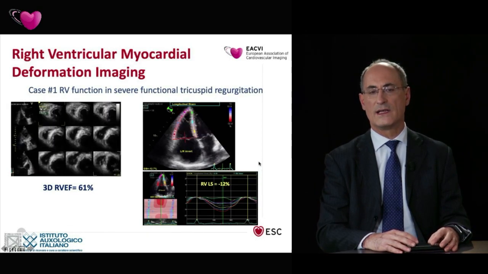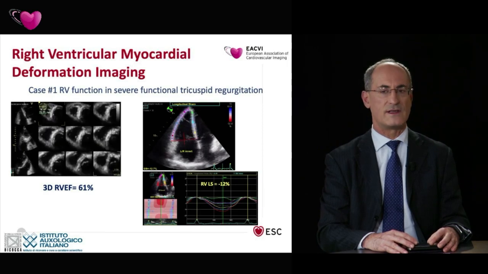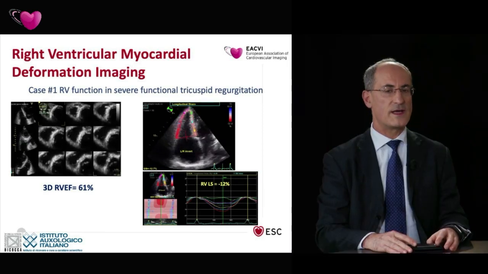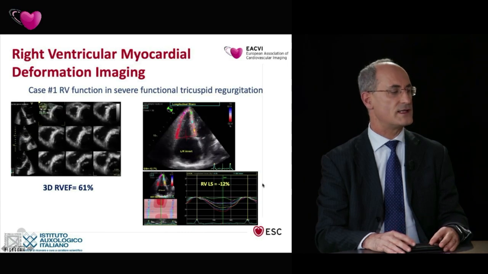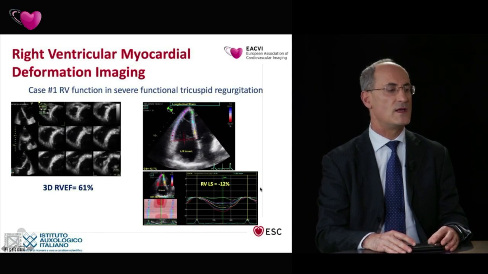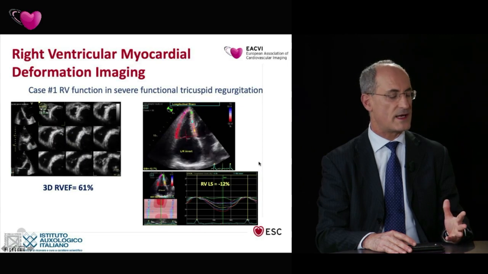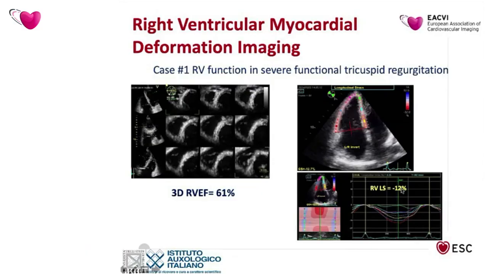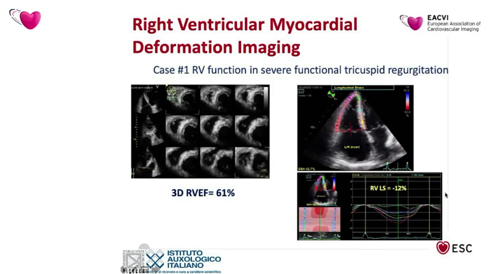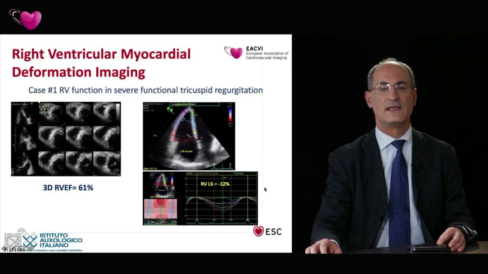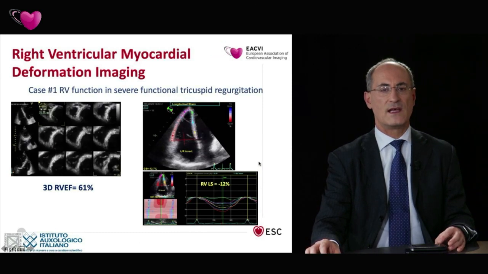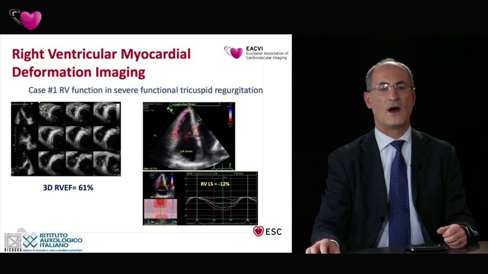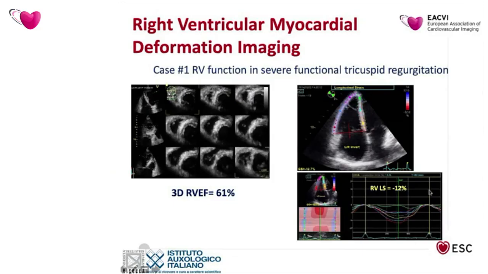And here is where the role of right ventricular strain comes in. Basically, in these patients, we have a normal ejection fraction that is 61%, but when we look at the strain, despite the normal ejection fraction, the myocardial function is reduced, with 12% of longitudinal strain, showing how you can assess the myocardial function. And after this case, that I think is really paradigmatic of the role of the assessment of myocardial function compared to ejection fraction,